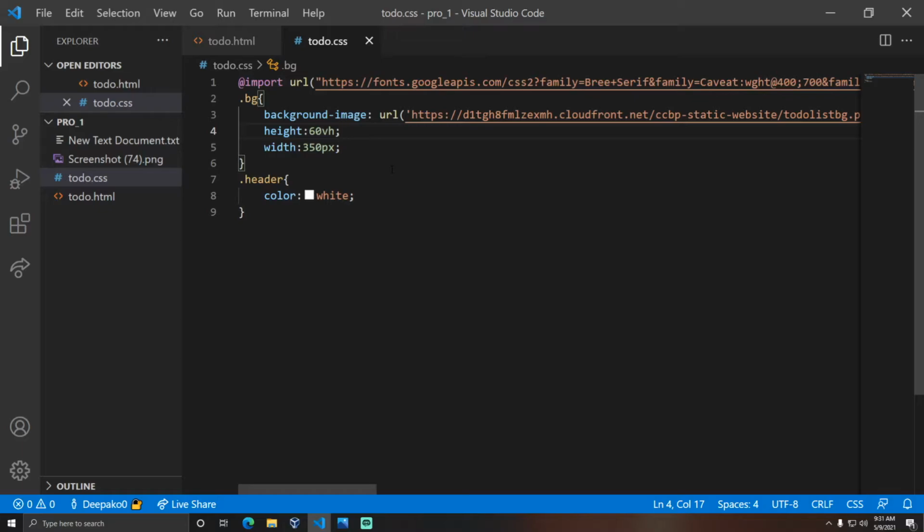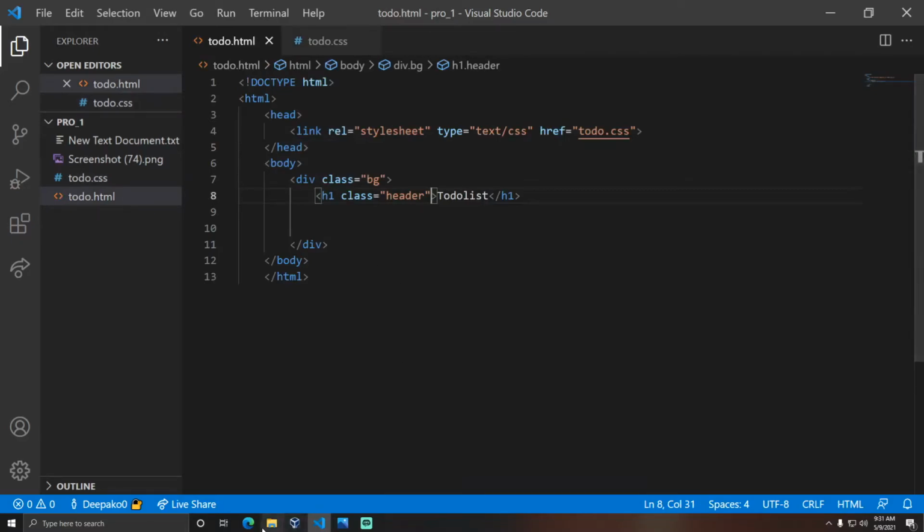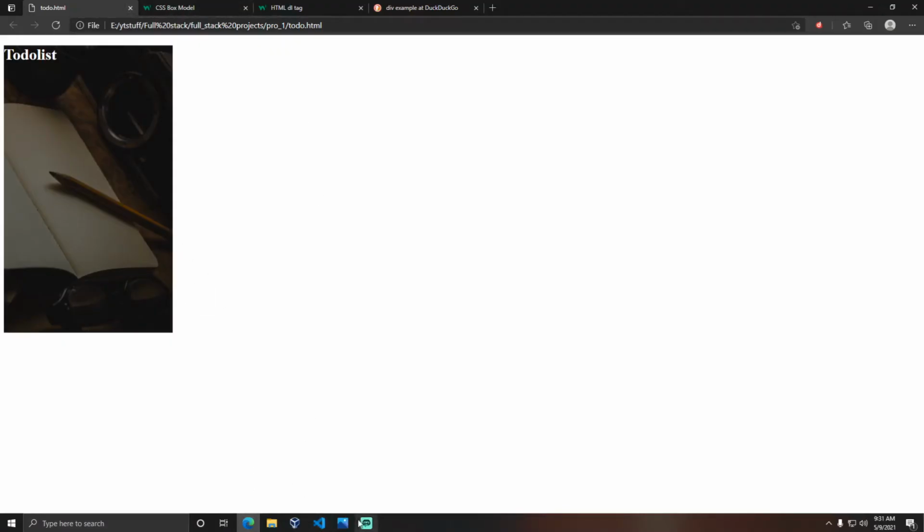If you have a screen of less width, the image will completely occupy that page. Here I have a large monitor, so I reduced the width to 350 pixels to achieve the design as close as possible. So 60 VH and 350 pixels of height and width respectively are achieved if we use these properties and values as pairs.